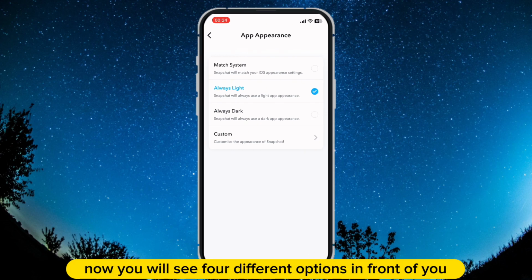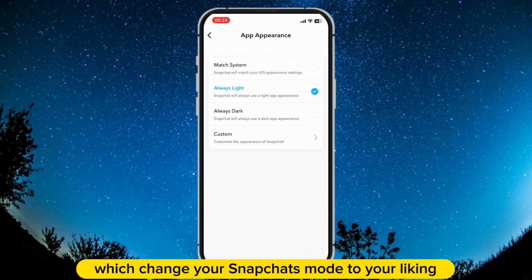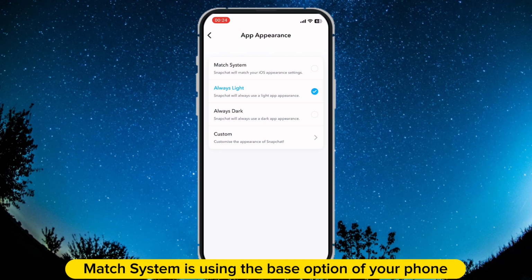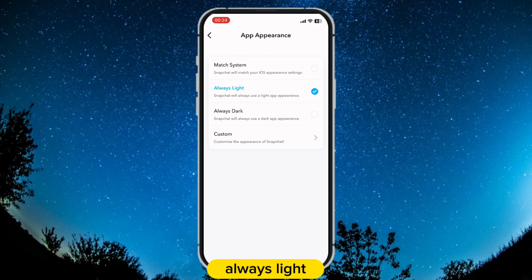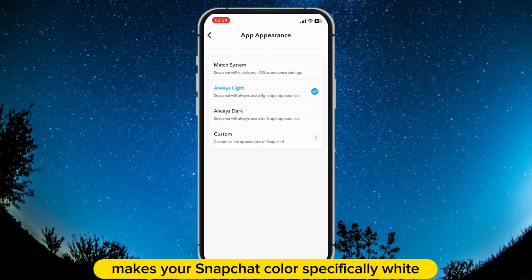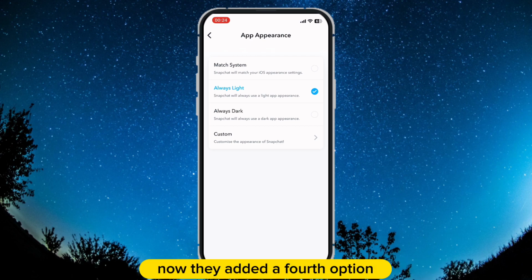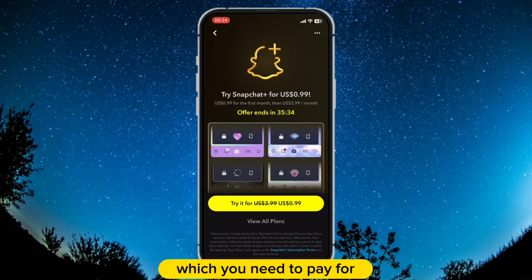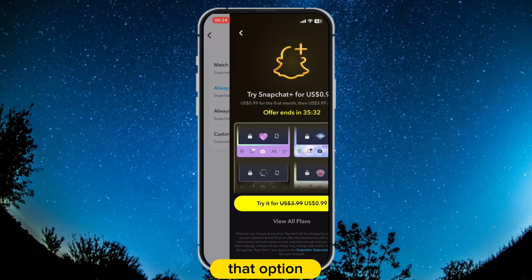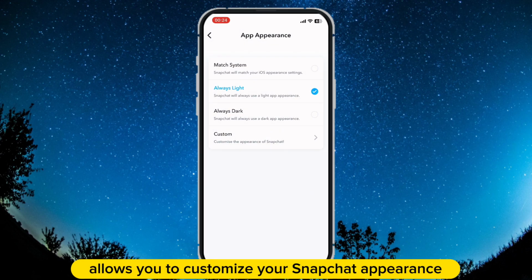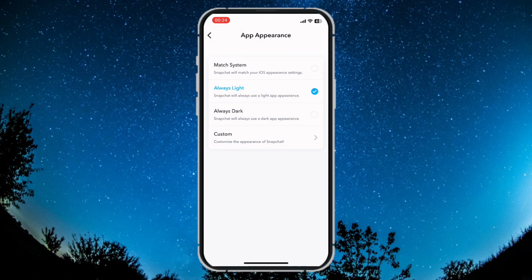Now you will see 4 different options in front of you, which change your Snapchat's mode to your liking. Match System is using the base option of your phone to match it with Snapchat. Always Light makes your Snapchat color specifically white, and Always Dark makes your Snapchat specifically dark. Now they added a 4th option, which you need to pay for, which I wouldn't recommend. That option allows you to customize your Snapchat appearance to your liking,